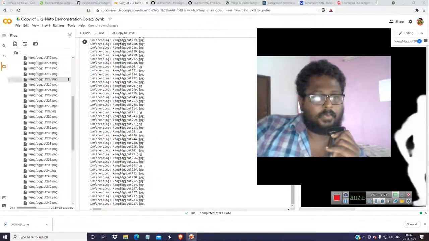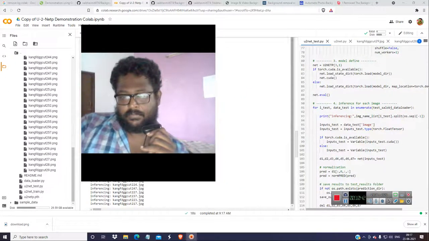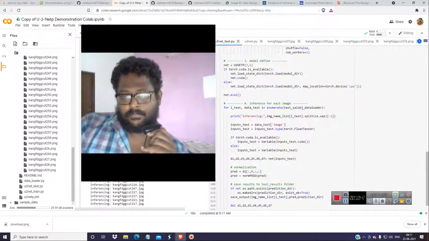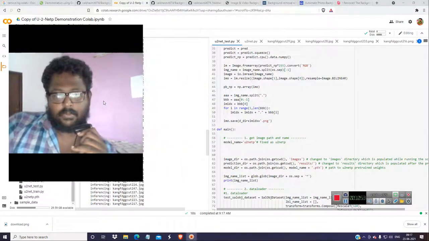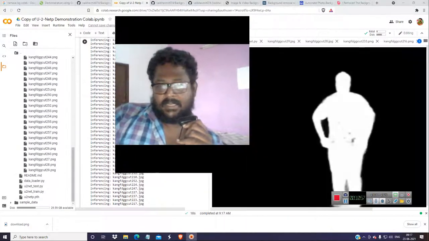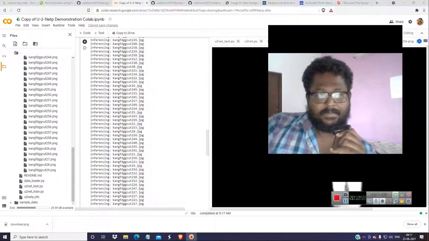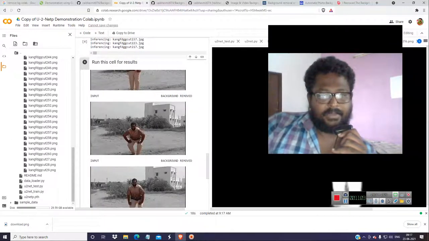So u2net test.py, let's see where the output images are being stored. So in the results itself, they are being stored, but it is not very good to see these things in this manner. I don't know why it is not showing the in between images like these things.